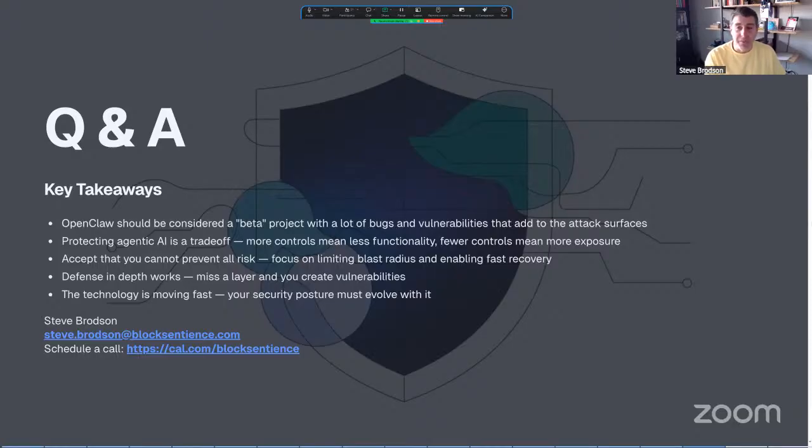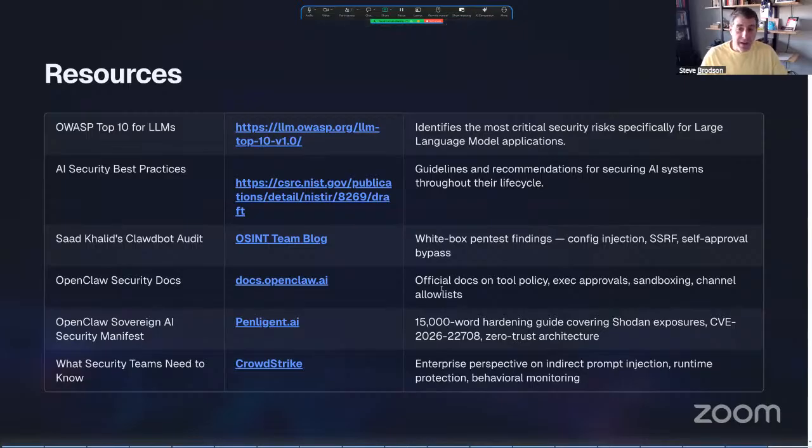I did give you a very brief short list. Again, I didn't have as much runway as I wanted on this call. Definitely recommend these, these are the standards: the OWASP top 10 for LLMs. I guess I didn't put the agentic one in here. Definitely look at the OWASP top 10 for agents. This is a good best practices document. This audit is the one that is linked on the slide. I really recommend you read that.